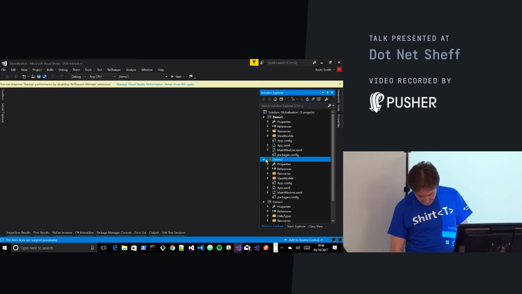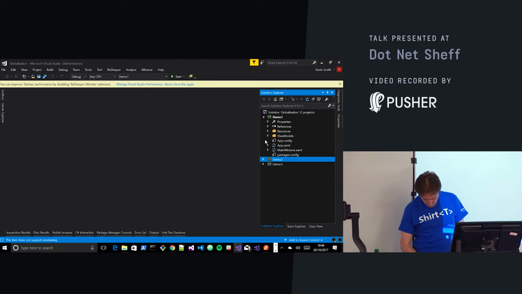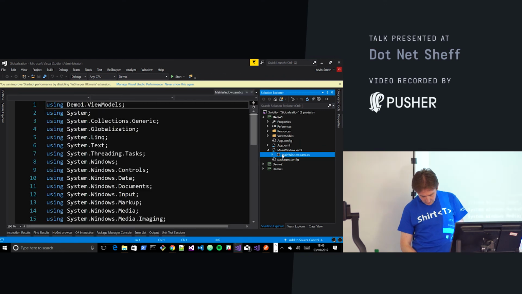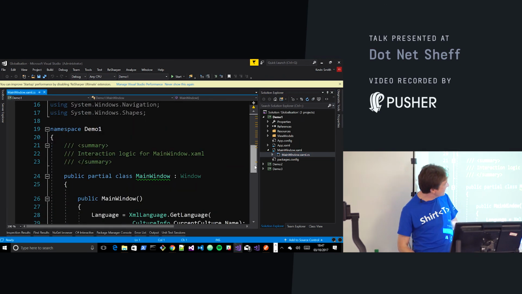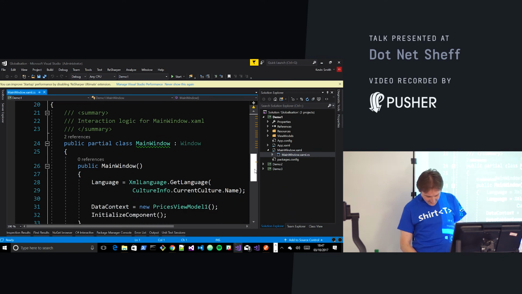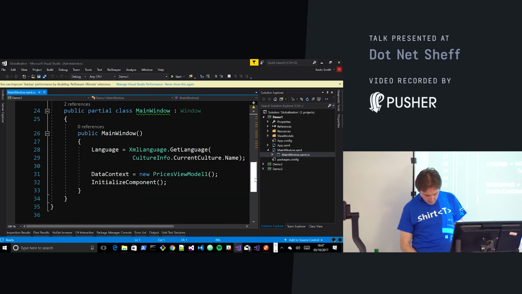For the first demo, I've got a very simple application. It's WPF, but that's not really relevant. I just didn't want to get into any complicated cloudy stuff. You can pretty much ignore this. I'll talk about this later. This is actually a bug in WPF, which is quite annoying.